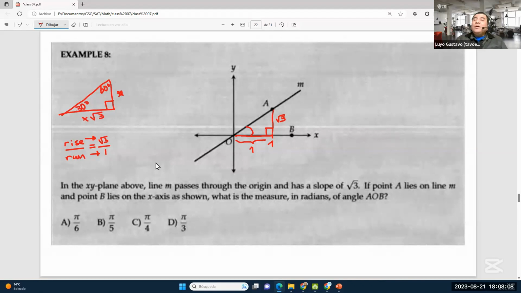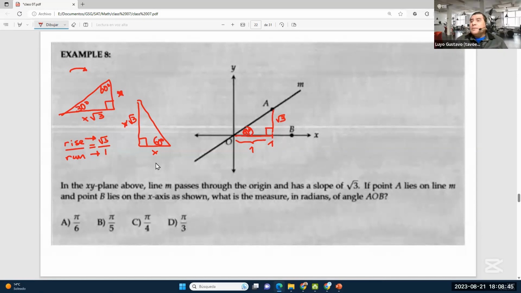So what's going on here? If we rotate this a bit, we'll see the pattern, right? If this is x and this is x times the square root of 3, for example, x could be 1, and so the vertical leg would be square root of 3 simply. This is 60 degrees. So this measure is 60 degrees. That's it. That's what we can conclude about the coordinates of point